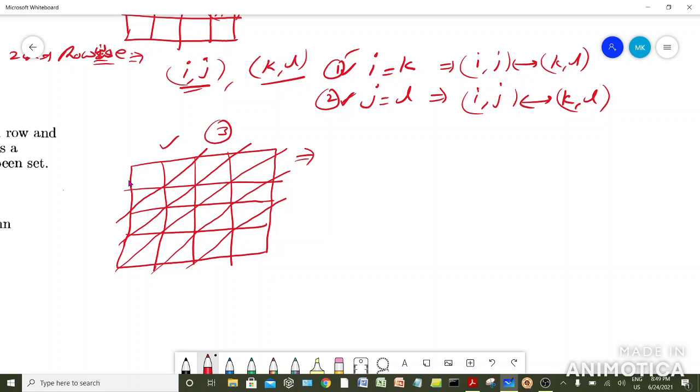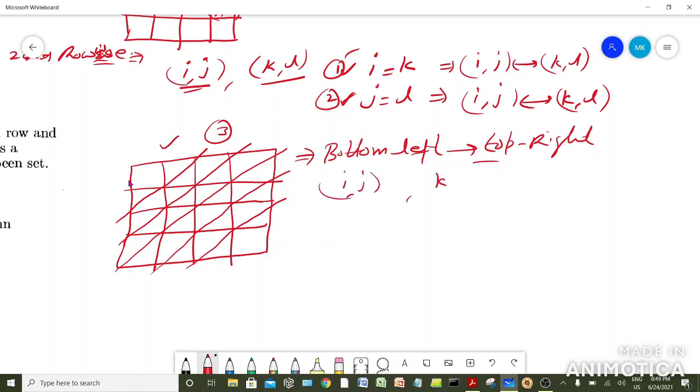You may say that these are the diagonals which go from bottom left to top right. So this is the nature of all these diagonals. Suppose we wish to have a condition where two queens are facing diagonally, means the (i, j) location was already filled with a queen, and we wish to check whether (k, l) is facing it diagonally or not.